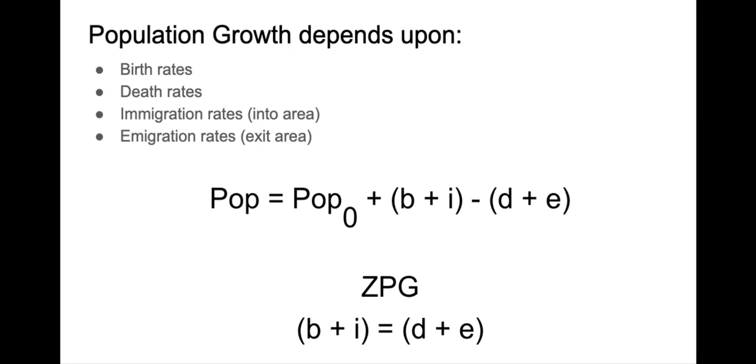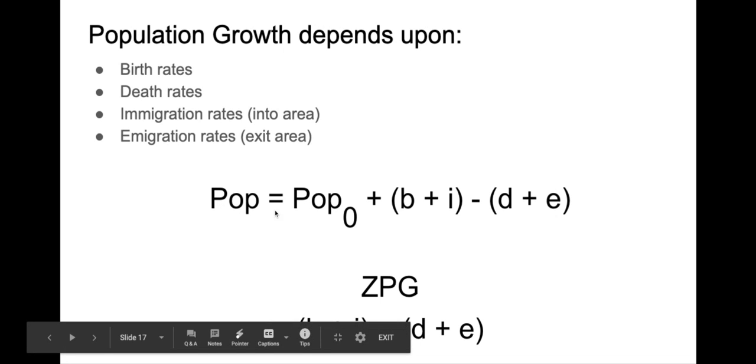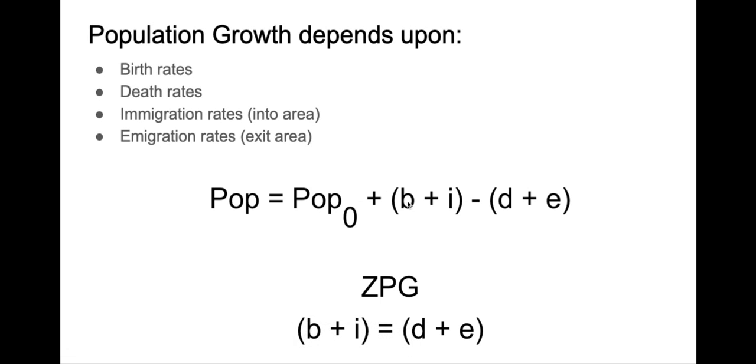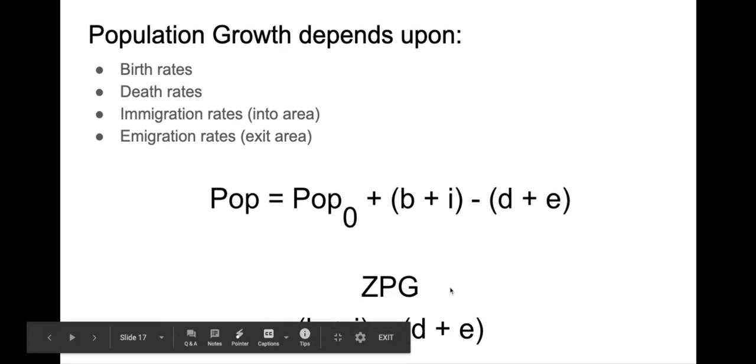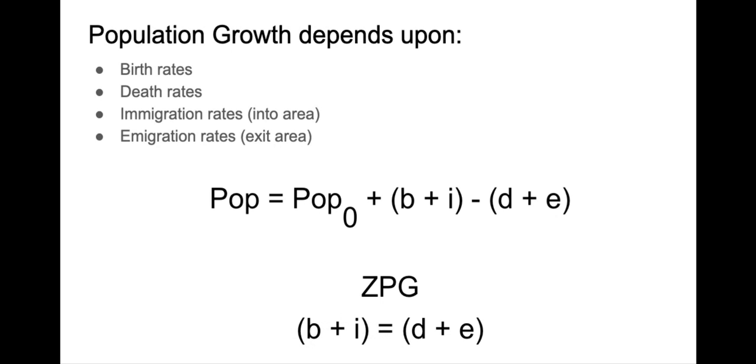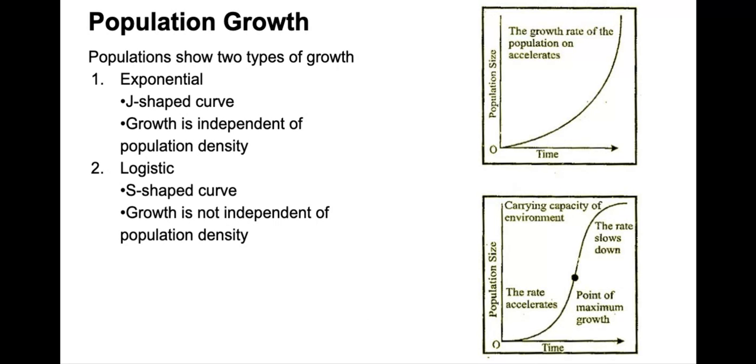Again, population growth depends on the birth rates, death rates, immigration, and emigration. So the formula for the total population growth would be the starting population plus the births plus immigration minus the deaths plus emigration. Now, zero population growth is when you have an equal amount of births plus immigration, or when births plus immigration equal deaths plus emigration. We're going to have some calculations done with a worksheet in class. So I will give you the formulas that you need to know for that one. There are different formulas in which people calculate population growth, but we're going to focus on the ones that are used for